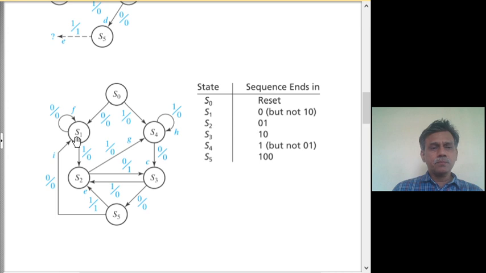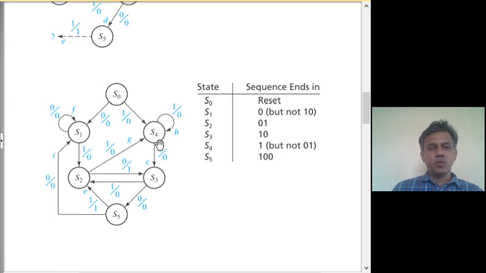What do we do? If a 0 occurs, we should go back to S1, because S1 is the one where we remember a 0. And if a 0 is followed by a sequence of zeros, the only thing that we have to remember is that just a 0 has occurred, which can be the first bit of the pattern 0, 1, 0. So, we should remain in that state, we only remember that a 0 has occurred, and before that it is something which has nothing to do with the pattern. Similarly, in S1 we have handled both bits.